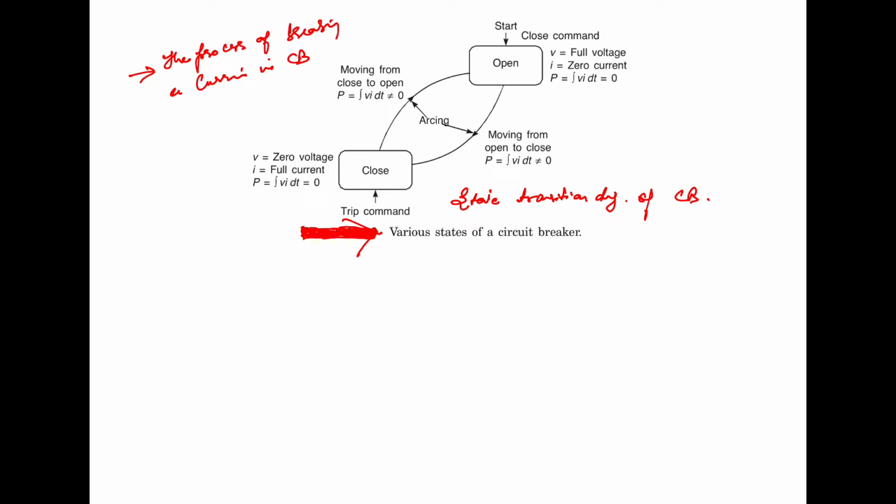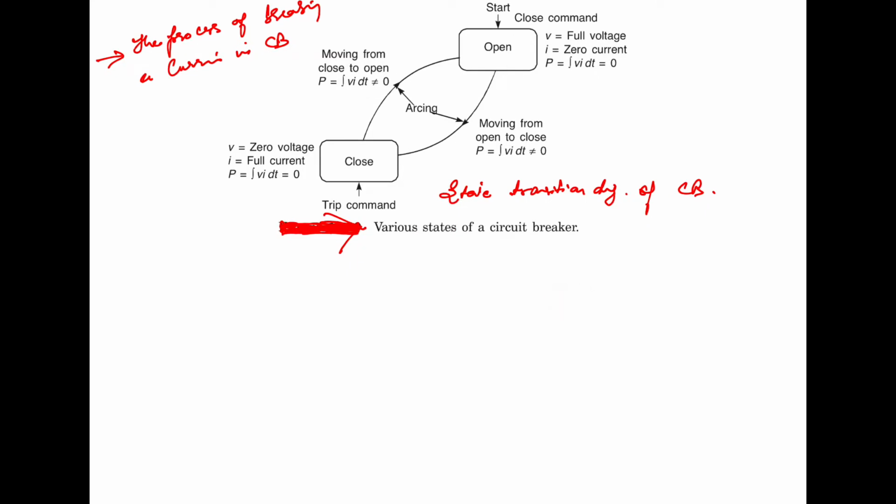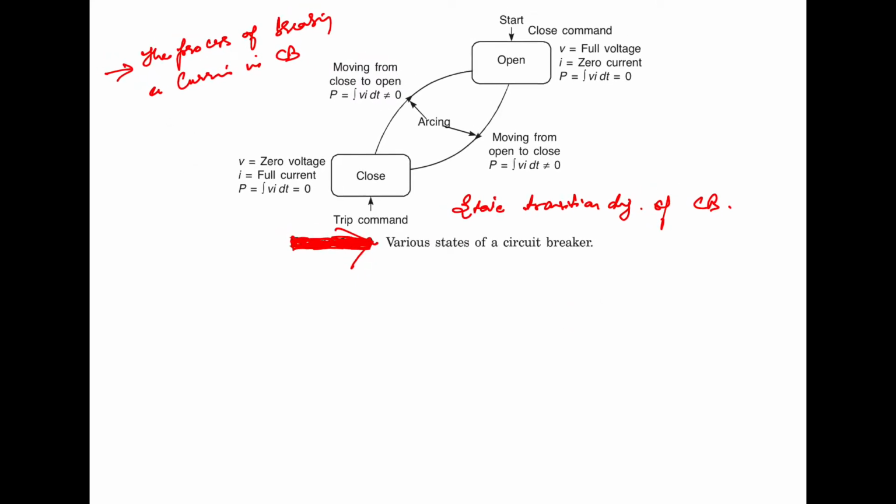The state in which the contacts are open and the state in which the contacts are closed are the two steady states of the circuit breaker. It can remain in these states for an infinite amount of time, provided the voltage across the contacts when open,